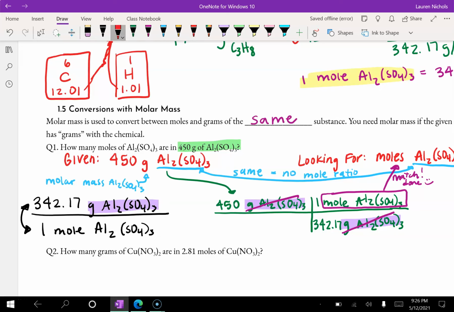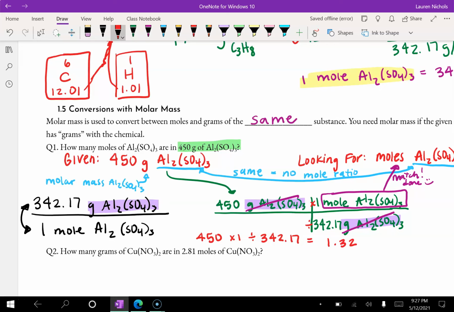So remember that we multiply by what's at the top and we divide by what's at the bottom. So this would be 450 times 1 divided by 342.17. And since I was writing that, I couldn't actually type it into my calculator. So 450 times 1 divided by 342.17 will give you